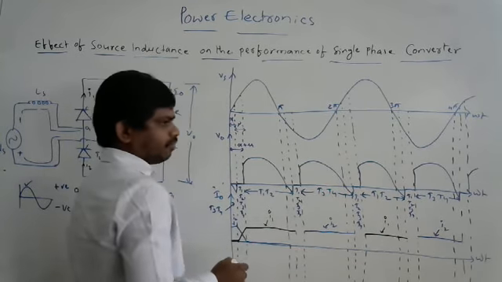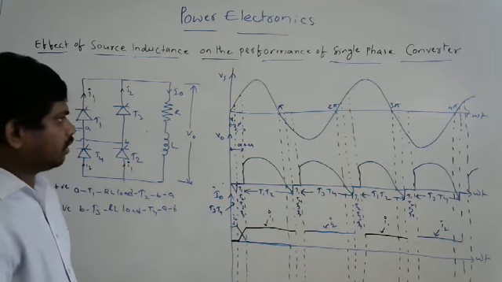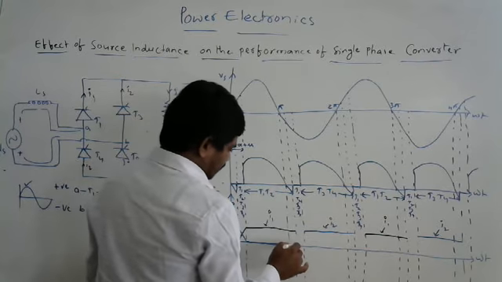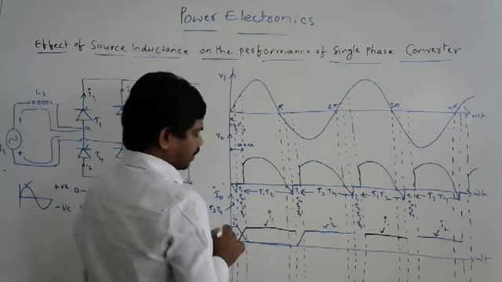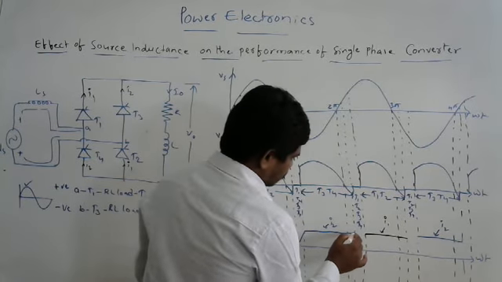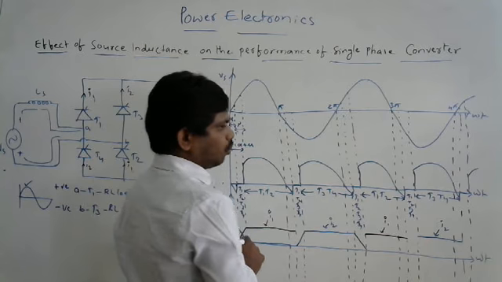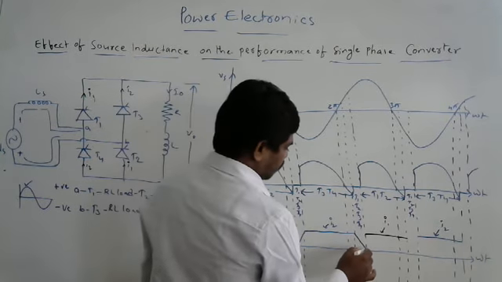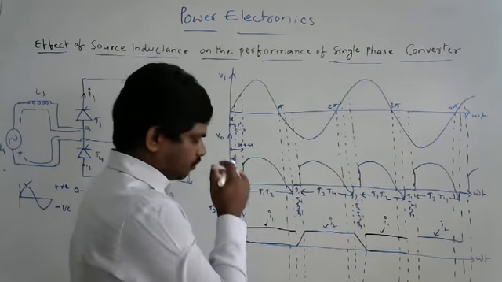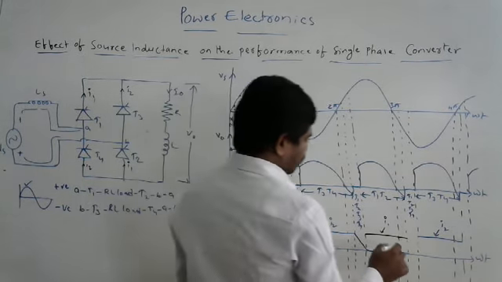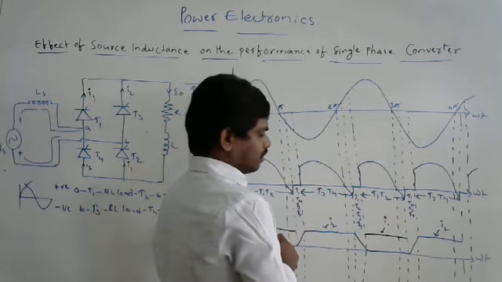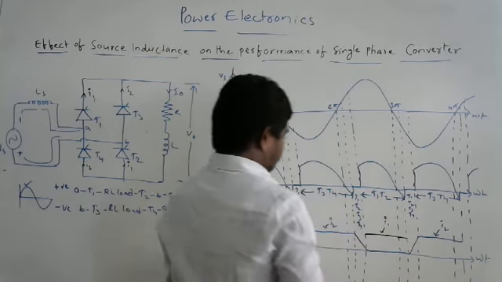Thereafter, T3, T4 are triggered together for the negative half cycle supply. Then immediately they conduct and allow the current to flow. The same thing happens here also. Look at this: after this, the current through T3, T4 reduces to zero from its maximum, and till that point we do not get any I2 current through T3. Then T3, T4, the incoming thyristors, are triggered again and allow the current to flow.